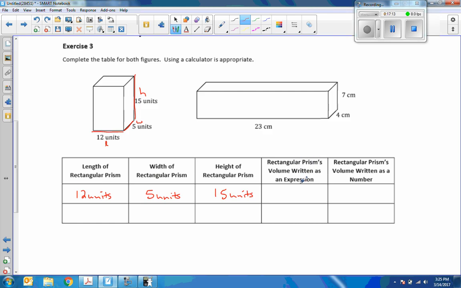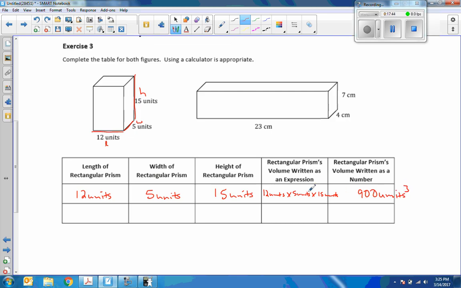Rectangular prism's volume written as an expression, 12 units times 5 units times 15 units. Rectangular prism's volume written as a number, 12 times 5 is 60. 60 times 15 is 900 units